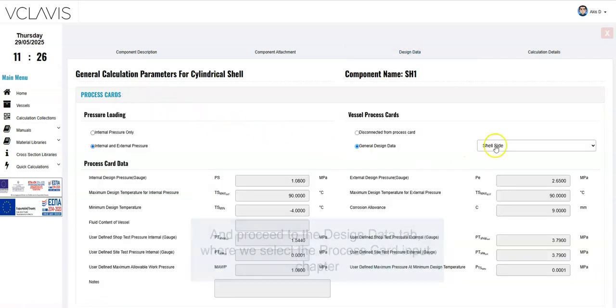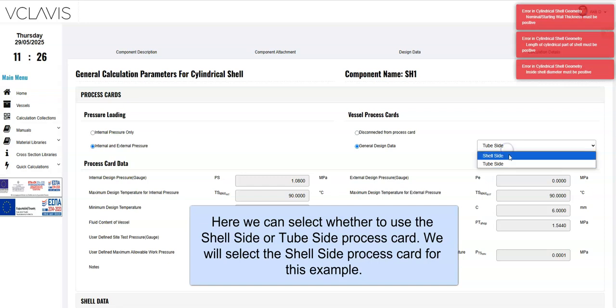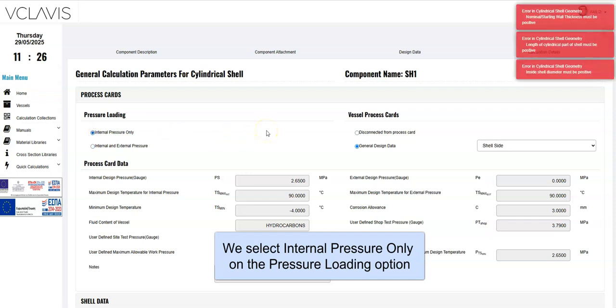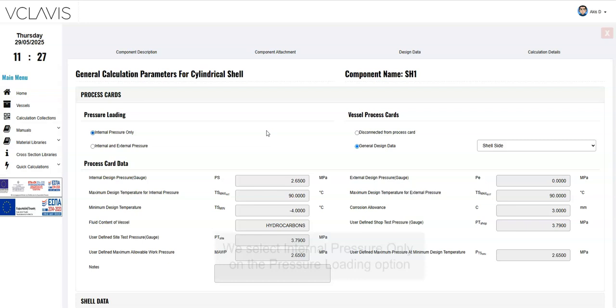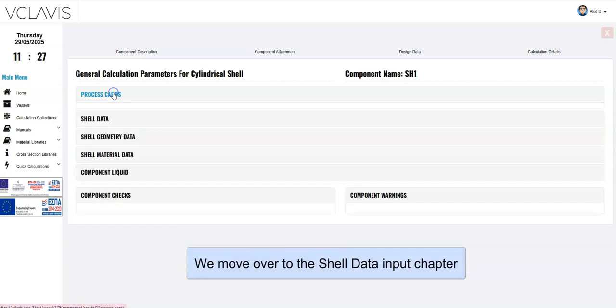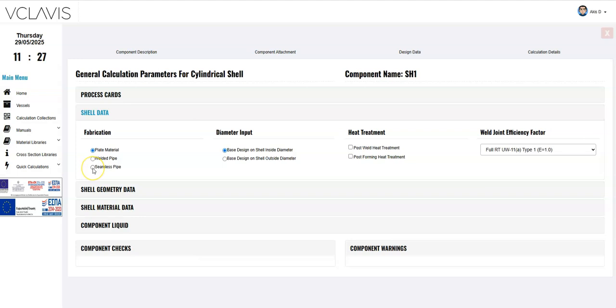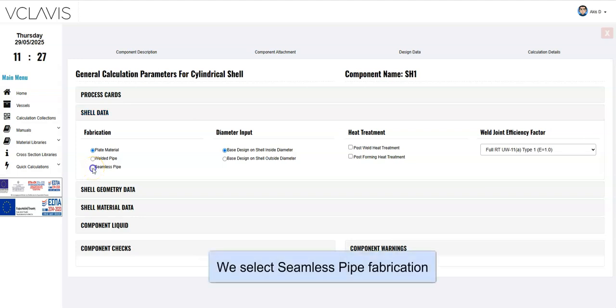Here we can select whether to use the shell side or tube side process card. We will select the shell side process card for this example. We select Internal Pressure Only on the Pressure Loading option. We move over to the Shell Data input chapter. We select Seamless Pipe Fabrication